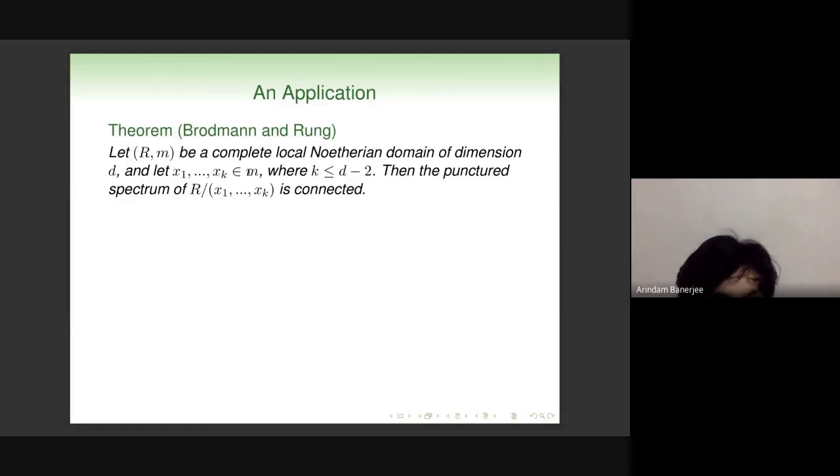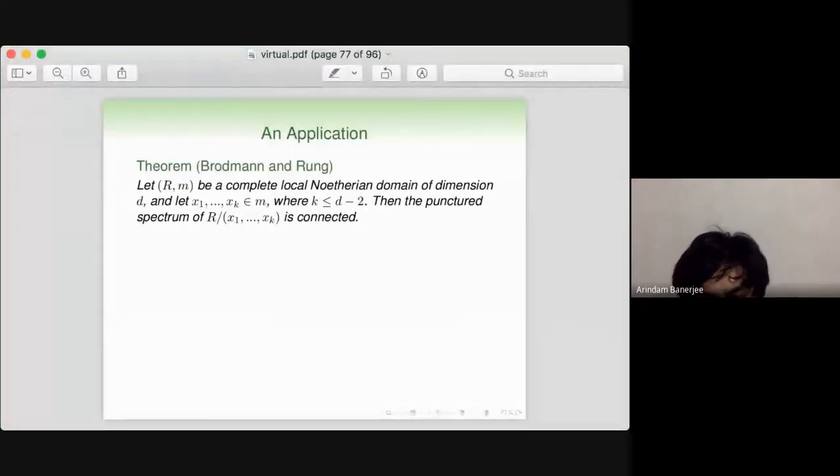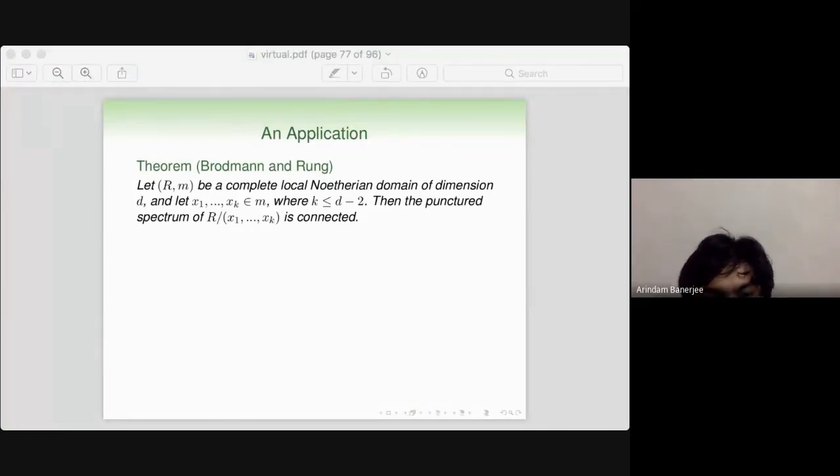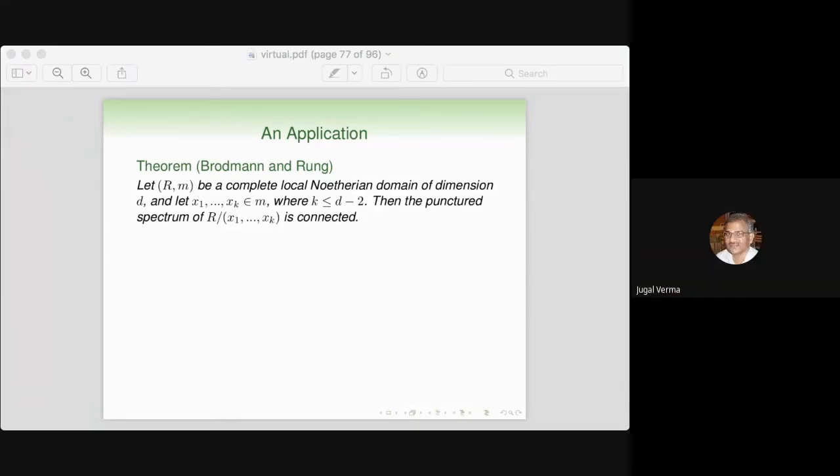So I'll stop here. Let me see if there are some questions. So this theorem of Brodmann and Rung